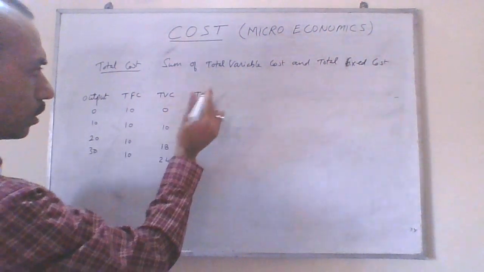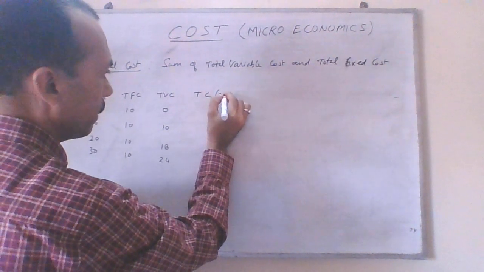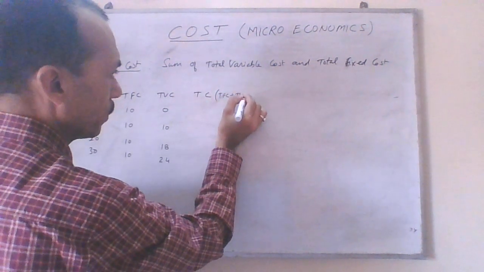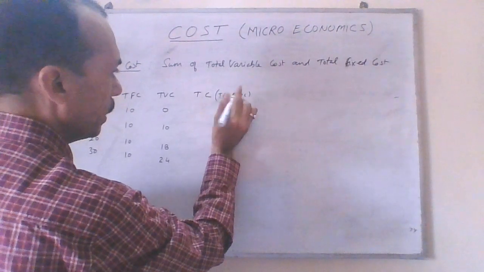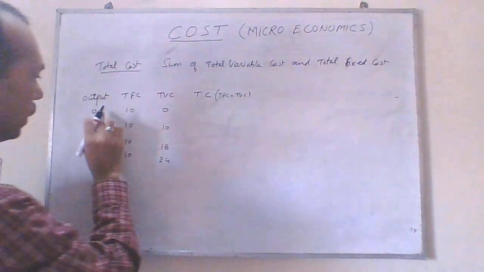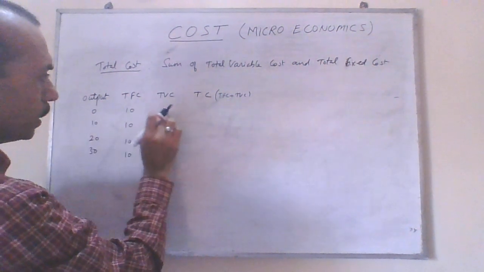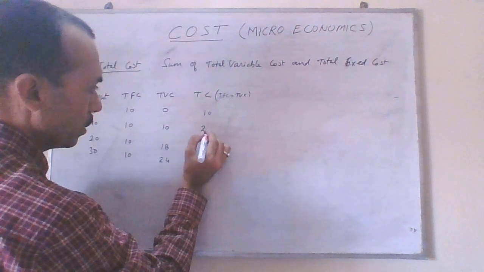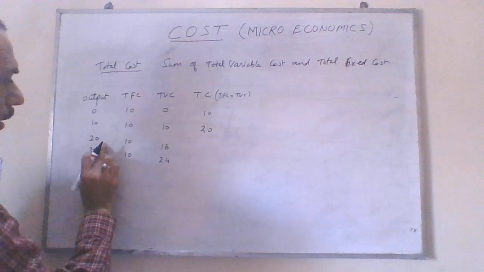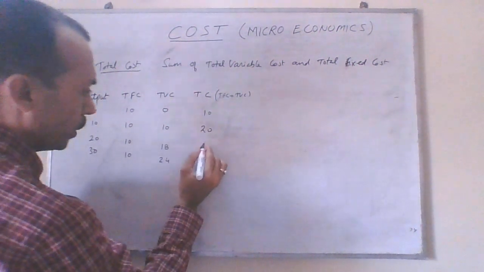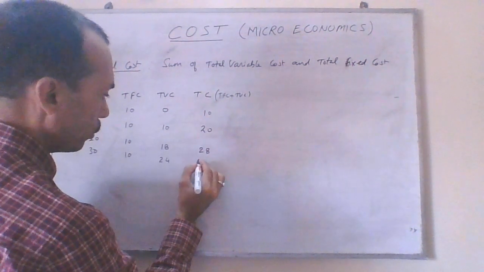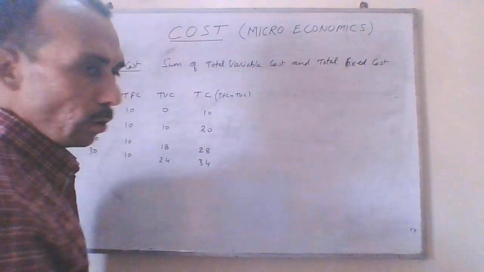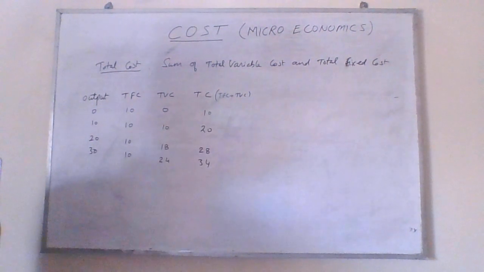So total cost is equal to what? It is the sum of the TFC and TVC. So when the output is 0, the sum of the TFC and TVC is 10. At output 10, TC is 20. As we gradually increase the output, now it is 28. Now it's 34. So when we plot this in the diagram,